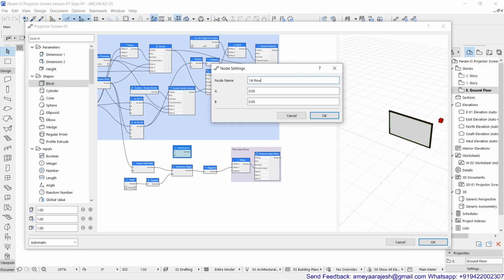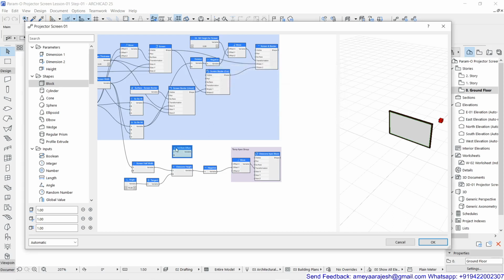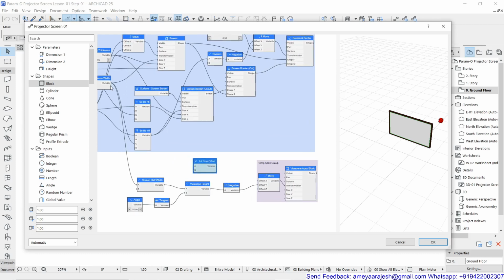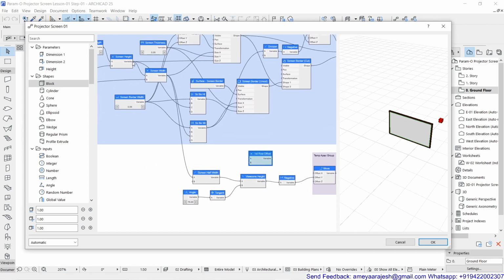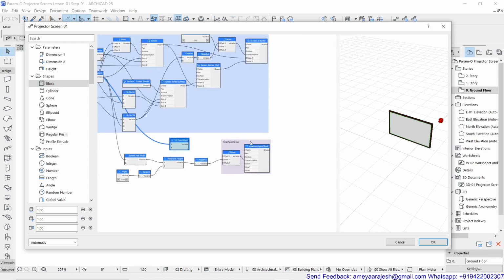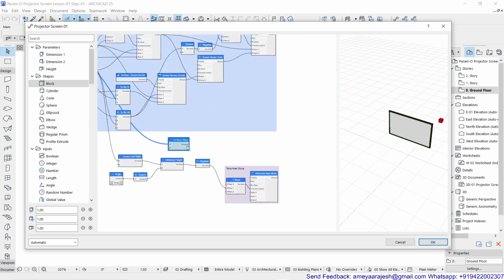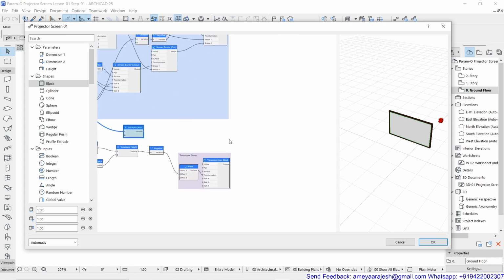So first row offset. Okay, so first row offset is my node name, and the value for the b will be 3 times. Now remember the height of the screen is the condition. So my screen height will get multiplied by this, and this value, obviously, if you want to check with some chair to be placed, that value will be considered for the offset value.